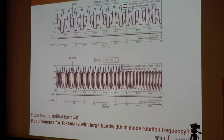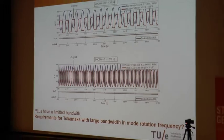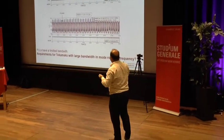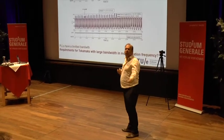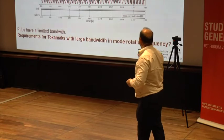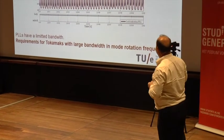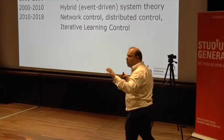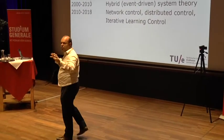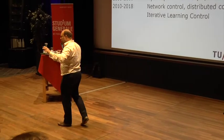There are tokamaks that have mode rotations up to 20 kilohertz. And there was one tokamak that asked us to build a system to do this with a bandwidth from 5 hertz all the way up to 20 kilohertz. And then this phase lock loop doesn't work. So now this model-based control aspect starts to come in. So far I've discussed